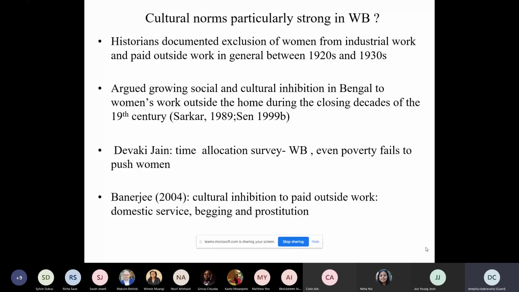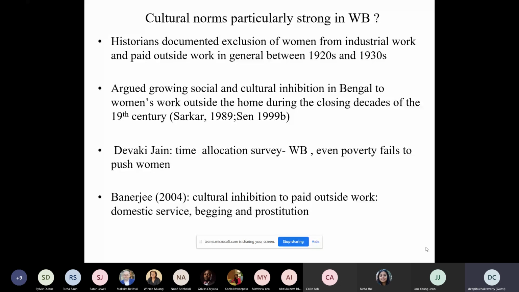So historians have actually documented the exclusion of women from industrial work and paid work, outside work in general, between the 1920s and 1930s. They have argued that the growing social and cultural inhibition in Bengal to women's work outside the home during the closing decades of the 19th century actually became even more severe. In fact, taking the cue from the historians' argument, Devaki Jain, who herself is an economist, did a time